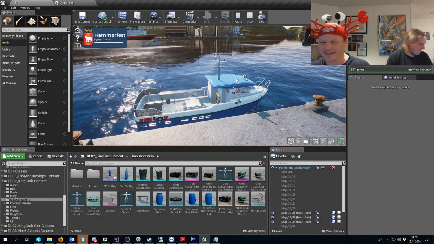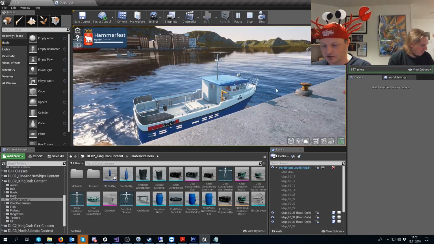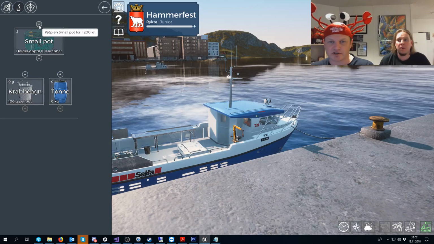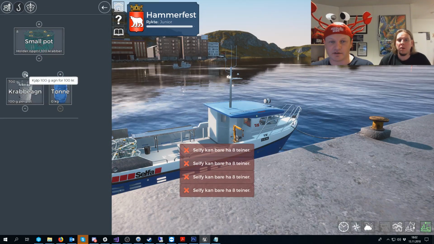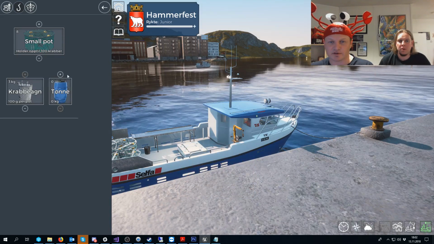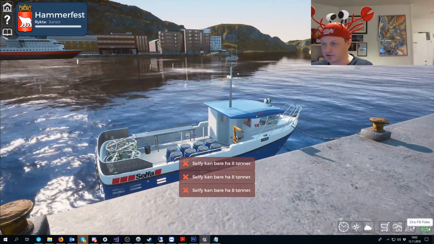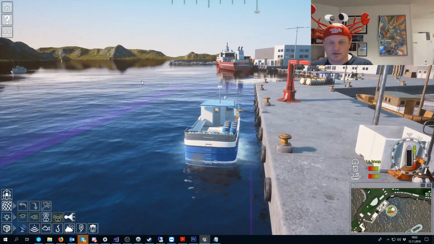Perfect. Okay, so here is the Selfy, which is one of the boats in the king crab. It's a Selfy Speed Shark 1099. We were lucky to get Selfy as our new license partner, so we got all their stuff on board, and there's also things you can do to